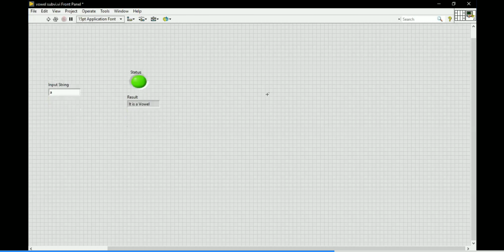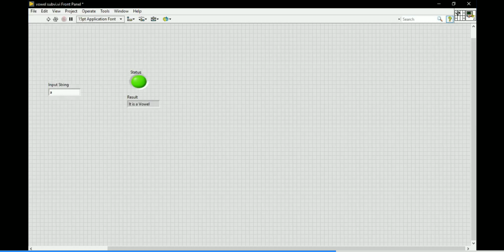Now right click on the icon. Not right click, sorry. Go to the connector pane and click on any square box. You can choose any square box, but I have a practice to follow: use the left side square box for controls and the right side for indicators. If you have more terminals, make sure you assign them, but we don't have anything more.